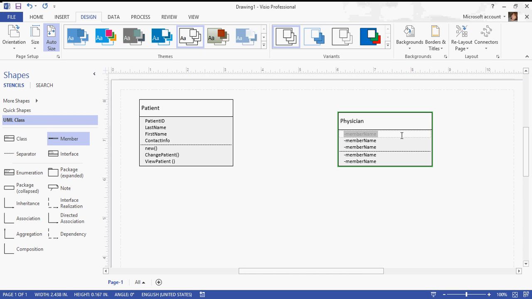And maybe we need a physician number or ID. Just a unique identifier. If you think again about a database, you always have to have that key, that primary key, that unique identifier. So we're going to have physician ID, and then maybe last name, first name,